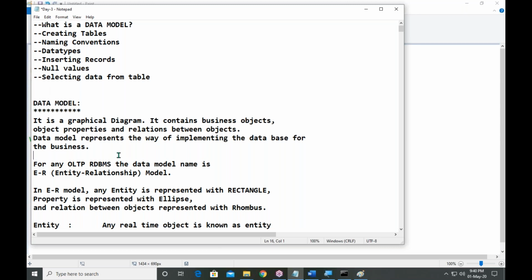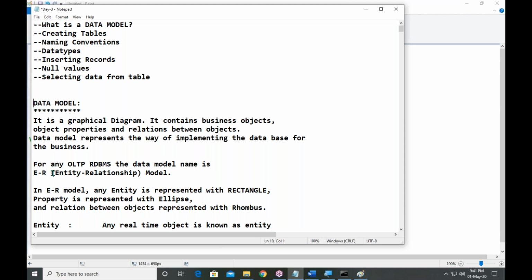So far we have two types of RDBMS. Already we discussed OLTP RDBMS and OLAP RDBMS. We are discussing OLTP. For any OLTP database, the data model is the ER model.